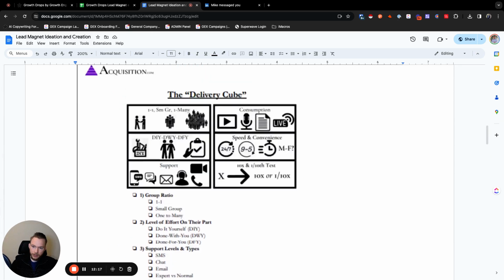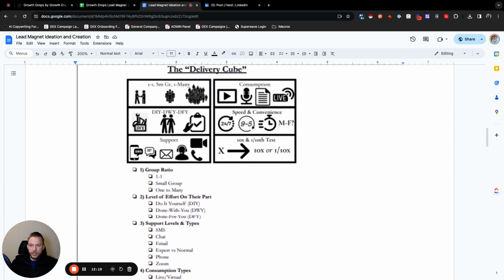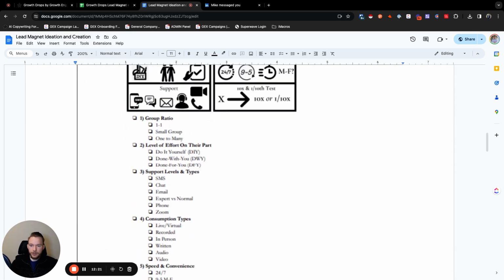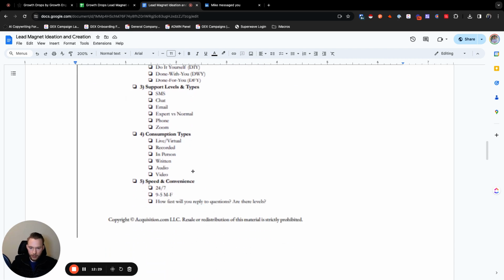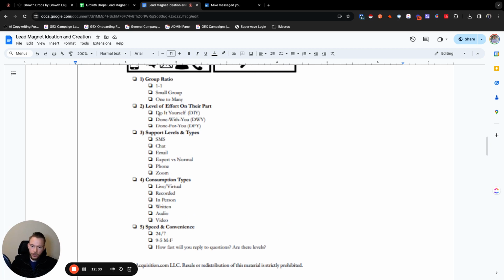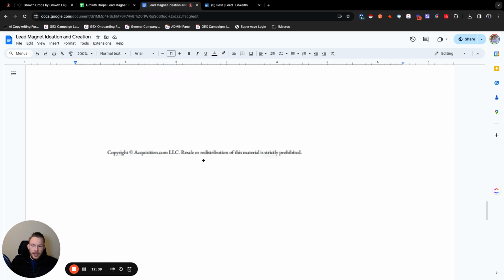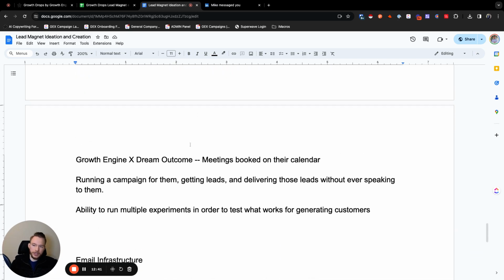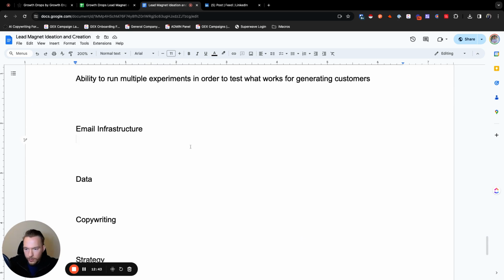at the delivery cube. Okay, so then we have the delivery cube where it's basically one-to-one, small group, one-to-many, and then the level of effort on their part, do it yourself, done with you, done for you. And then we have all of the support, and then we have the consumption types and the speed of convenience. So really, I'm going to focus on do it yourself, done with you, and done for you for all of these things. And so again, if we go into email infrastructure, right, one of the problems is that you don't